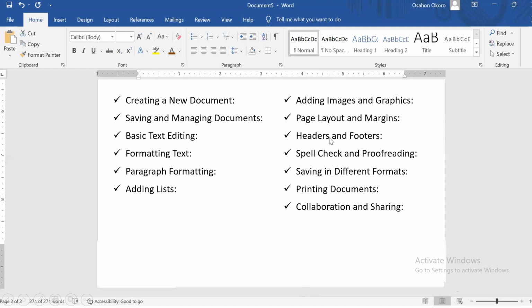Then, like I talked about header the other time when I was referring to the insert tab, whereby in the header we will need to add consistent information to the top and the bottom of the page, like the page number of a document, or a logo that is on the top of every document.